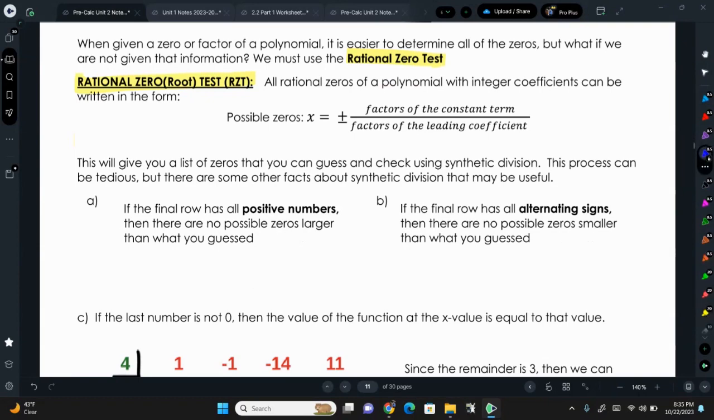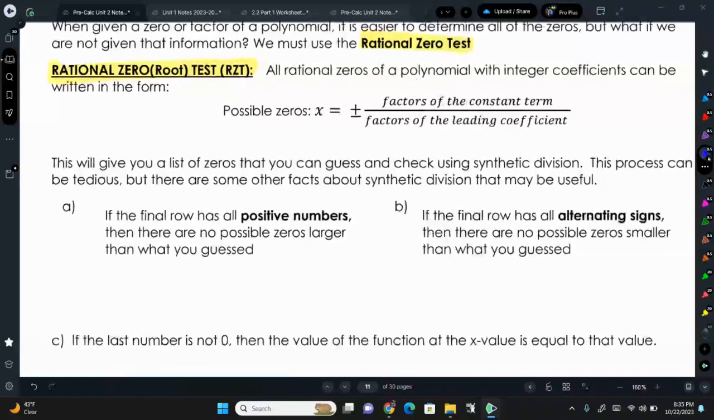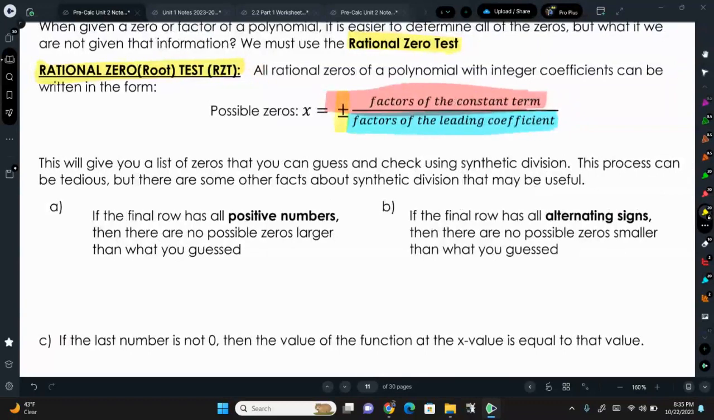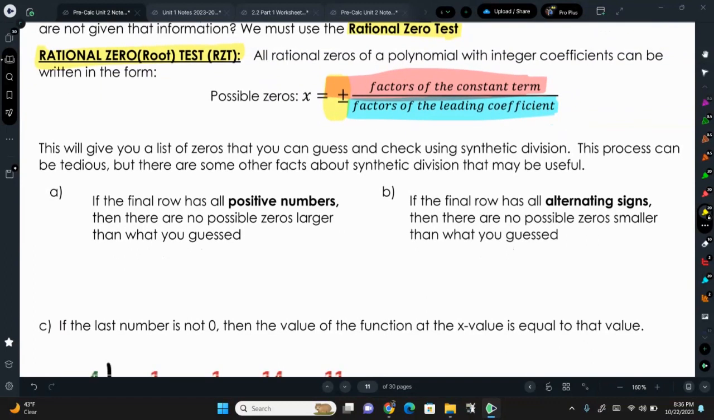So for the rational zero test, what we do is we take the factors of the constant term, so the number without an x or a variable attached to it, divided by the factors of the leading coefficient, so the number with the biggest exponent. Now it's important to note that it's plus or minus, so we would have to deal with the negative factors and the positive factors. Now, if you think about some of the problems that we've had recently, that would be a lot of zeros to guess, and some ways to narrow it down would be to look at your final